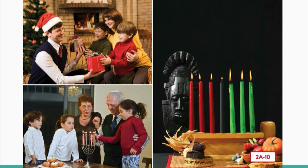Winter is also a time when some people from different religions celebrate holidays. Christmas, a Christian holiday, comes on December 25th. Hanukkah, a Jewish holiday, also falls around this time, as does Kwanzaa, a week-long holiday celebrated by some African Americans. To celebrate these and other holidays in wintertime,